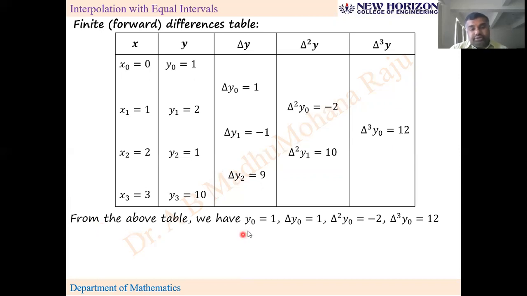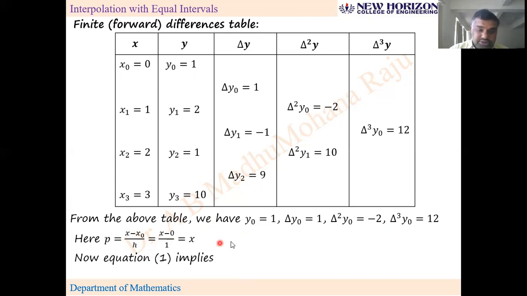From the above table, you have y naught, delta square y naught, delta cube y naught, and p equal to x minus x naught by h. For the polynomial, x is just x only. If we want to find any particular value, that x value will become that given point. So p equal to x only. You substitute all these values in equation 1. We will get,